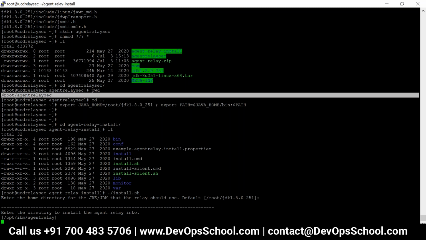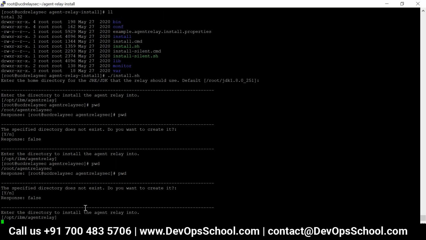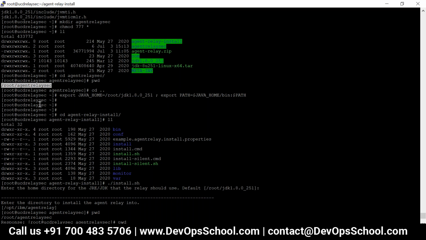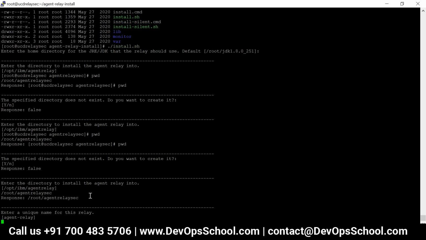Here you want to install the agent relay, onto the directory where you want to install the agent relay. It is not picking it up. Yeah, sorry. A unique name I am keeping: agent relay 2.